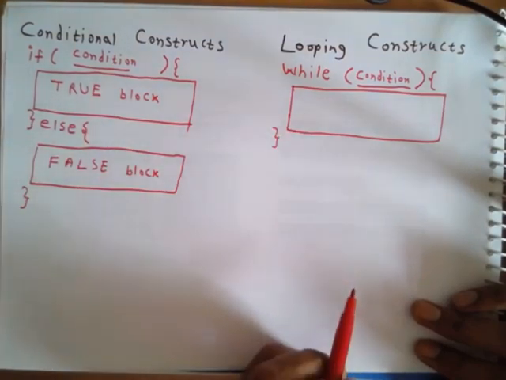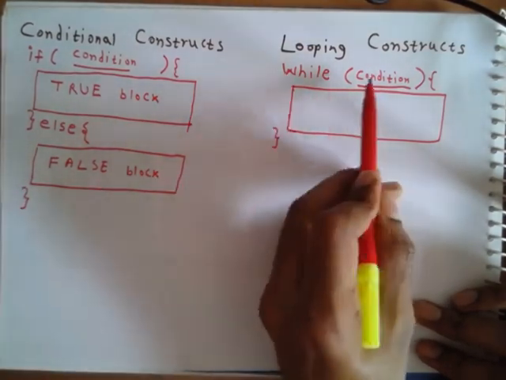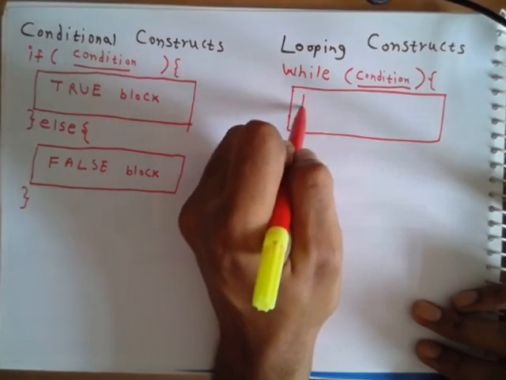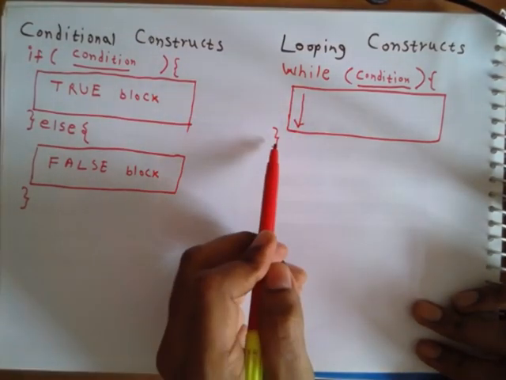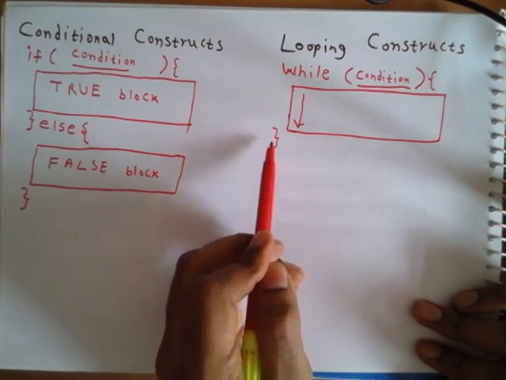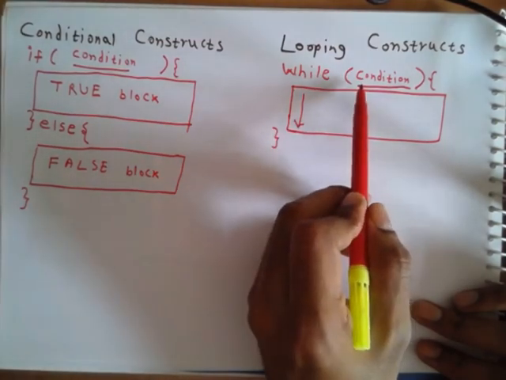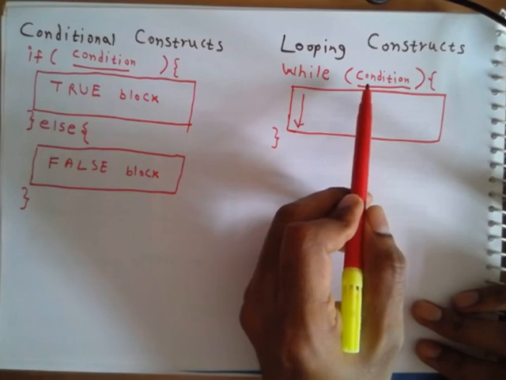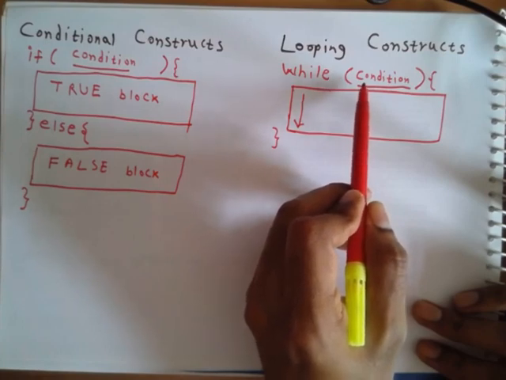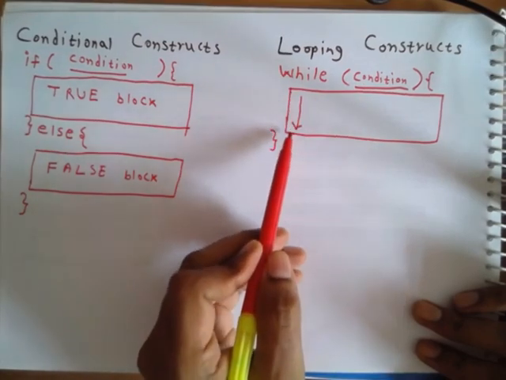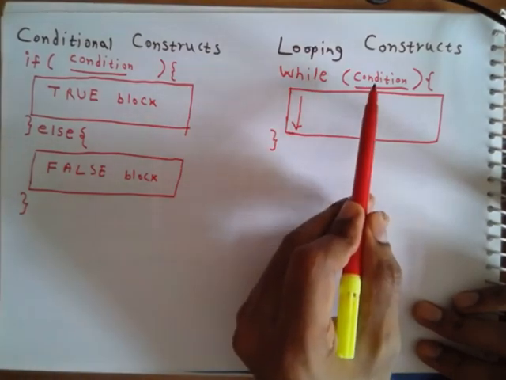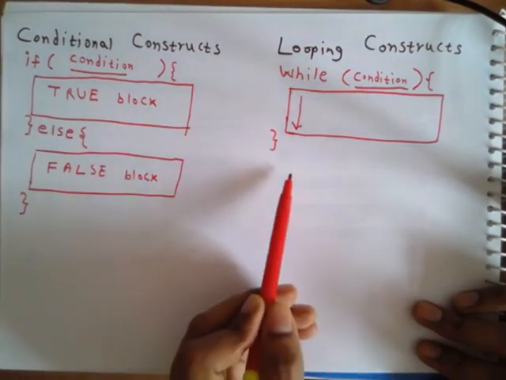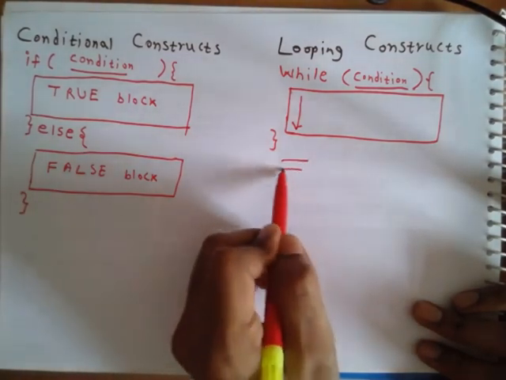Okay, so what is going to happen is we will come, evaluate the condition, go inside, execute this whole block sequentially right up to the end, and then when we encounter the closing braces, we are going to go back to the condition and check if the condition evaluates to be true. If it is true, we are again going to go inside and execute this block, come back, and only when the condition evaluates to be false, we are going to come out and execute the remaining algorithm.